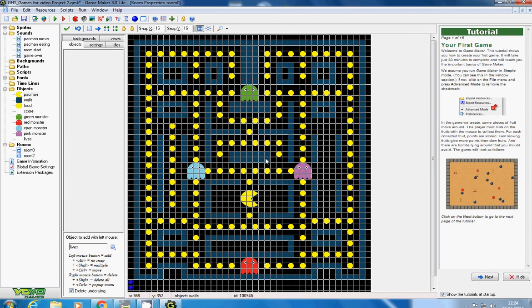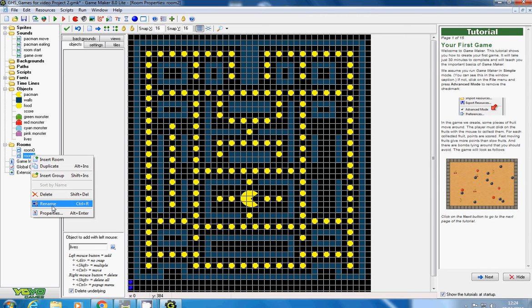So there we go. I've now got a game that I can play. That's room 0. I need to do a little bit of work on room 2. So I could add some monsters into here. I can duplicate that room and change it around, maybe change where the maze is, and have as many rooms